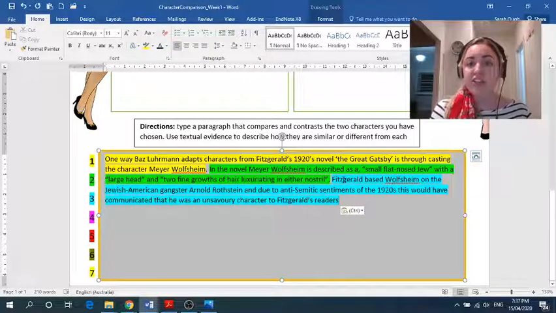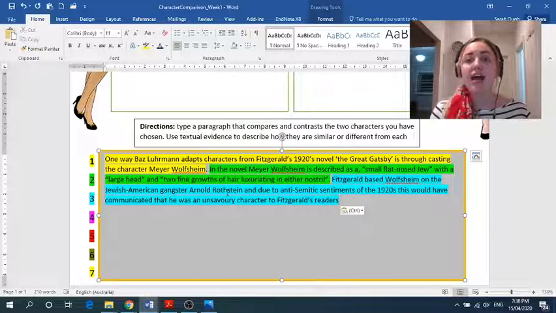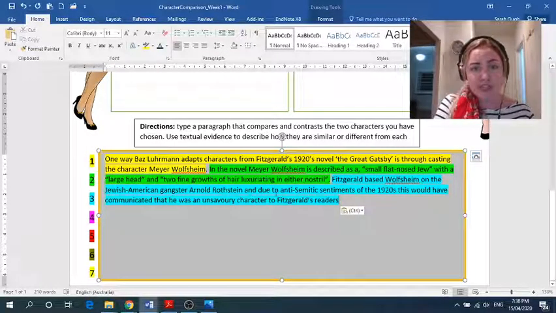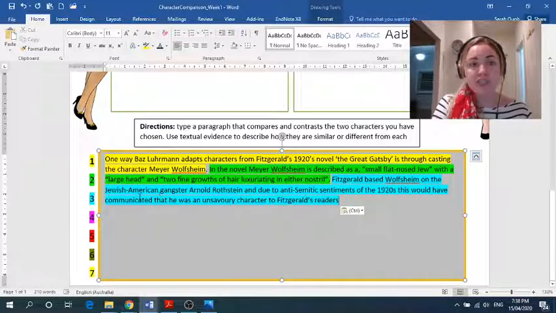And it says, Fitzgerald based Wolfsheim on the Jewish American gangster Arnold Rothstein. So there's one reason why he would be shown as a Jew. But then I want to explain a little bit, even though he's a Jew, why is he portrayed so negatively? Why was that okay? And why would Fitzgerald have made that choice? So I've said, due to anti-Semitic sentiments of the 1920s, this sort of communicated that he was an unsavory character